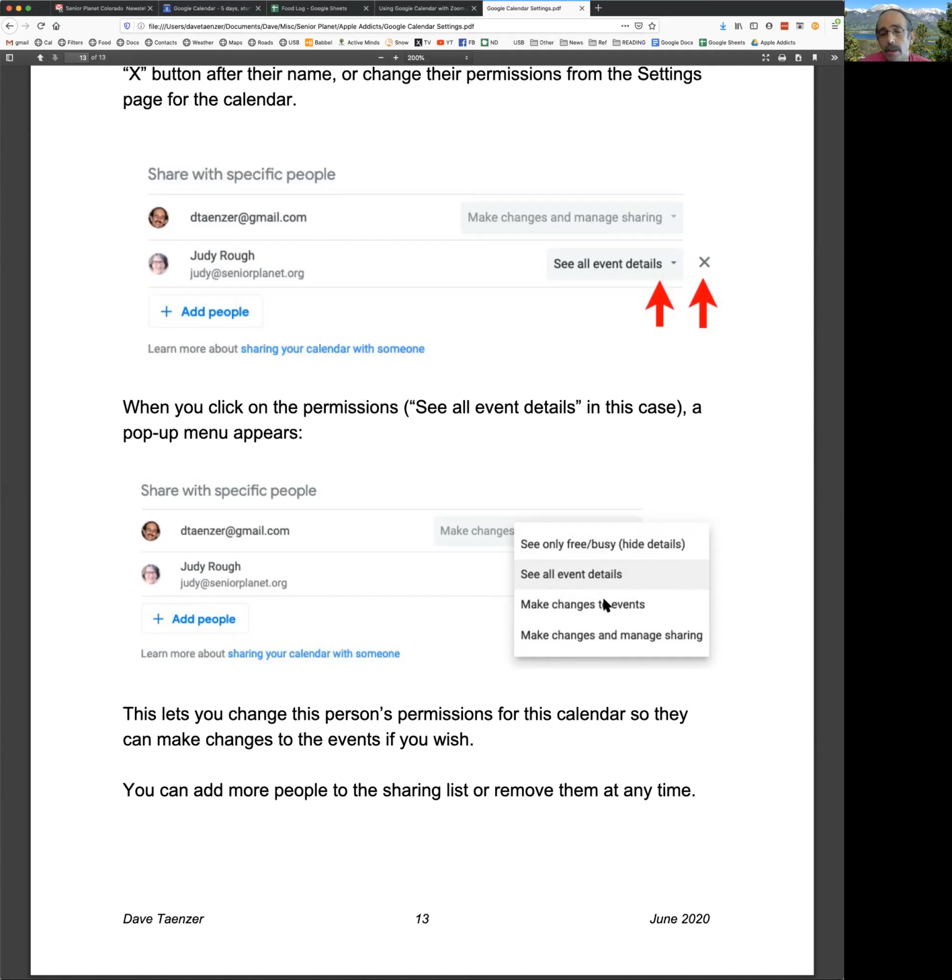and not change their privileges. But you can always click add people and add in all the different people in your book group, and they'll all get this email and say, if you're using Google Calendar, here's an easy way to see all of the